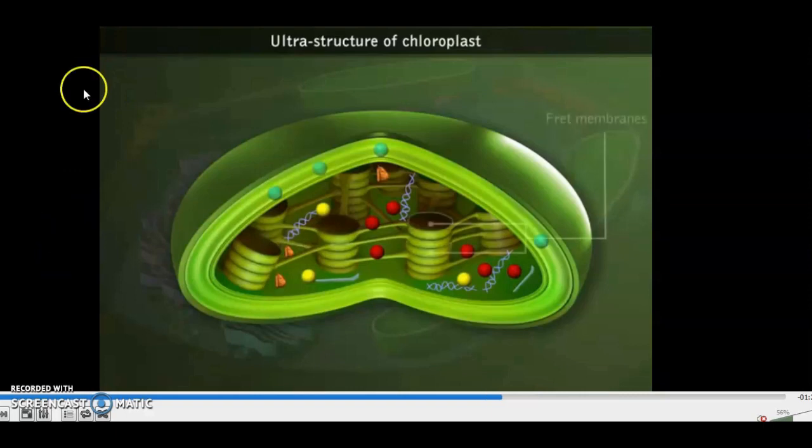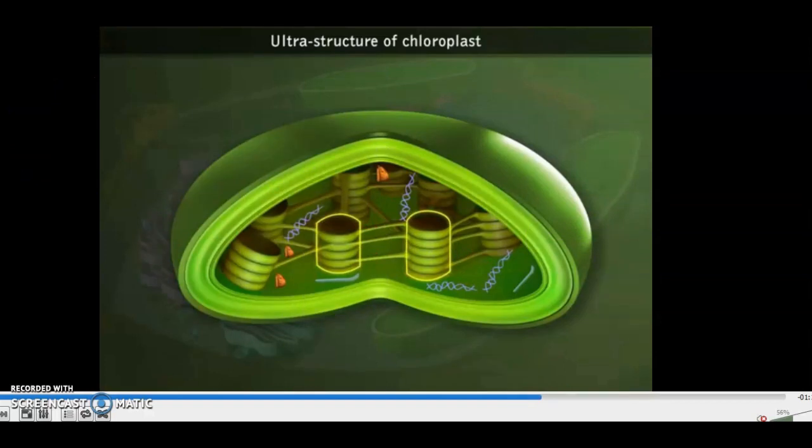grana. Thylakoids are the site of primary photochemical reaction. Some of the protein pigment complexes are also found in stroma lamellae or intergranal lamellae. The dark reaction of photosynthesis occurs in the stroma region. Besides necessary enzymes, some ribosomes and DNA have also been found in the chloroplast, which give the chloroplast a partial genetic